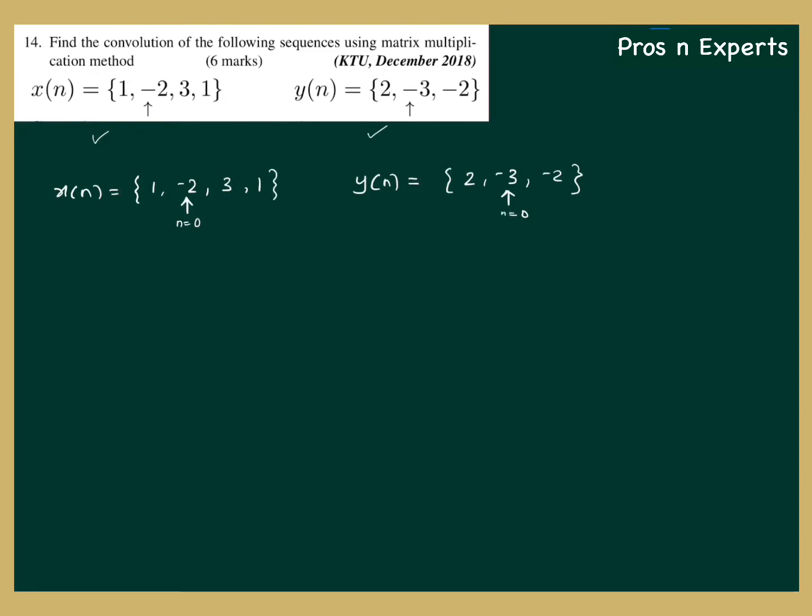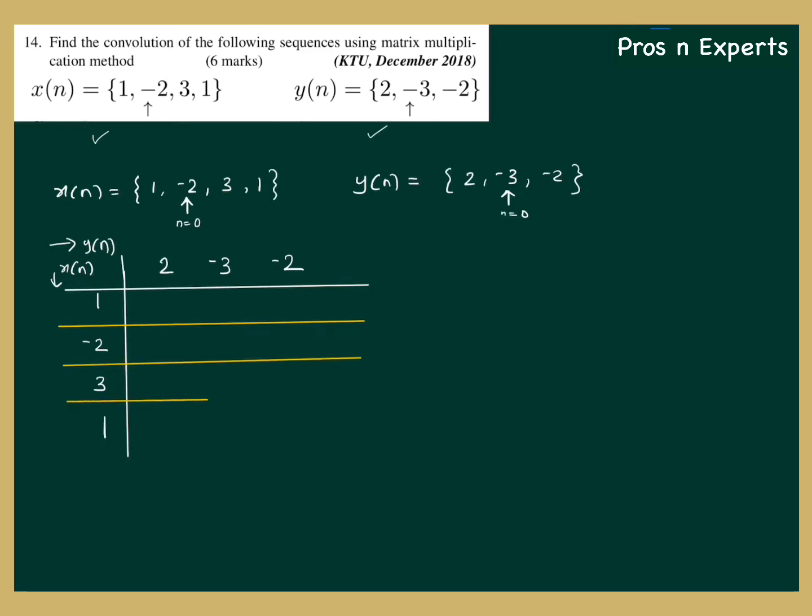minus 3. Now what we do is, we write the coefficients of x of n either vertically or horizontally. No problem. There is no restriction on the order because convolution is commutative. So I have drawn x of n coefficients here, and y of n, I'm going to plot the coefficients here: 2, minus 3, minus 2. Okay. Now what we are going to do is to